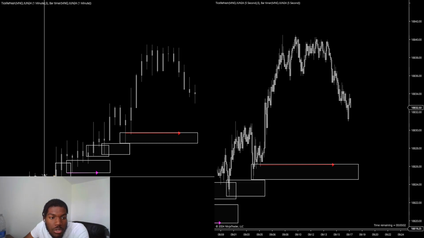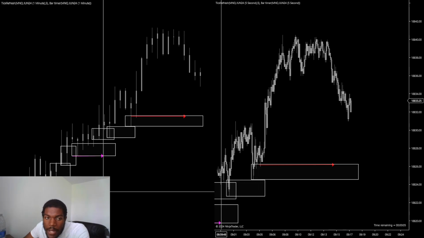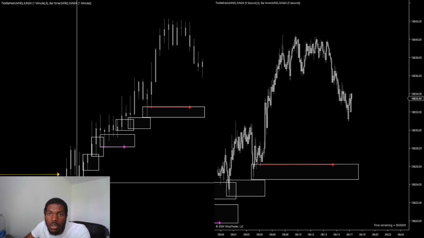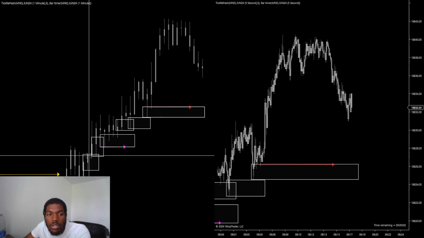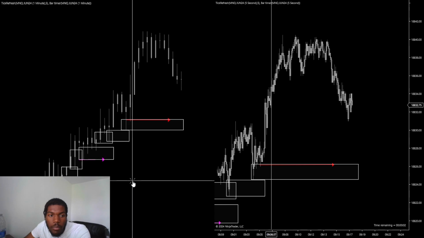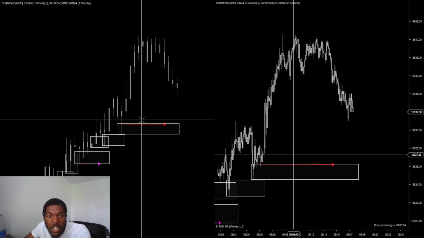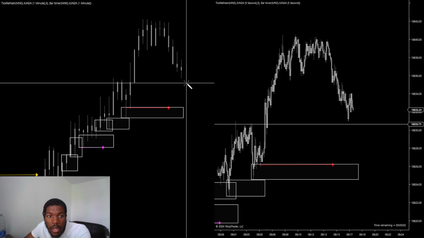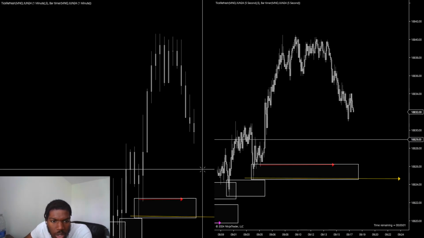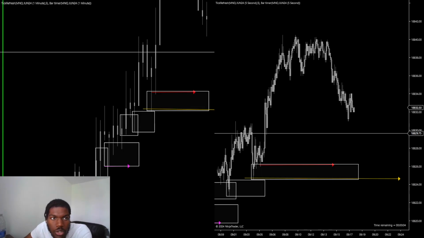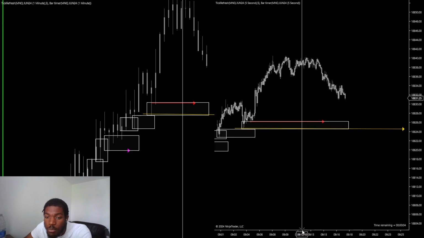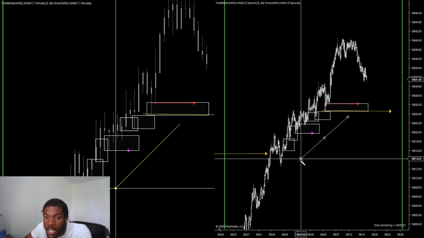So following mitigations is not needed at all, but it's an extra you can have in your toolbox to understand the trend, to understand where price is going. It also allows you to understand that if price breaks structure, oh wait, is that even structure? Where is structure? Okay, on a lower time frame. Yeah, on a lower time frame, that is structure. So if price breaks structure, then best believe, since we've already mitigated all these areas,